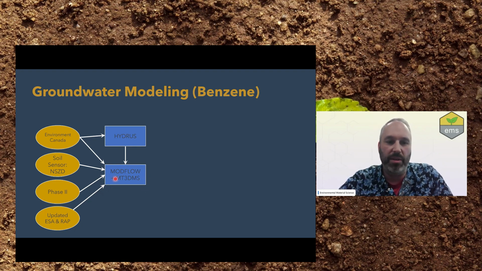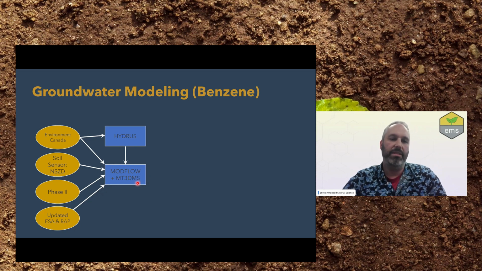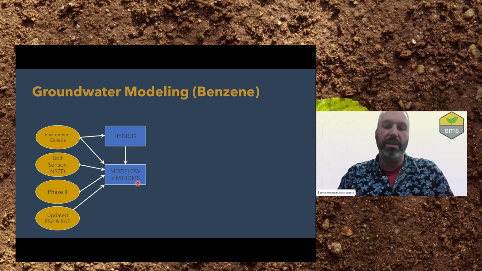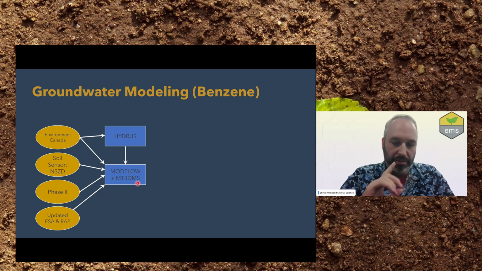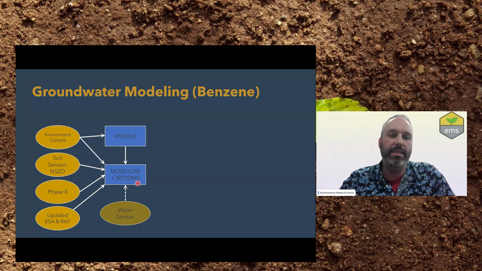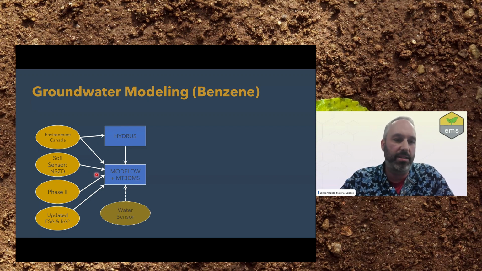And then we've got this other component. It's modular because you can add on bits, and we've added on MT3DMS, a groundwater solute transport simulator. So you get the idea of how your groundwater is flowing, and that gives you an idea of how the solutes are transporting through that. And then the contaminant estimates from these reports can be updated with a water sensor that measures